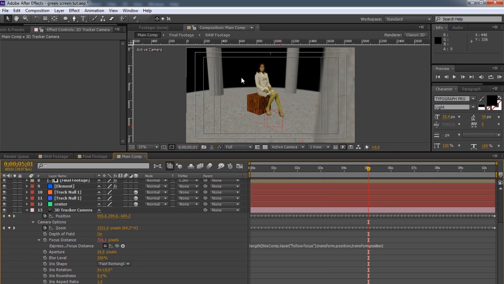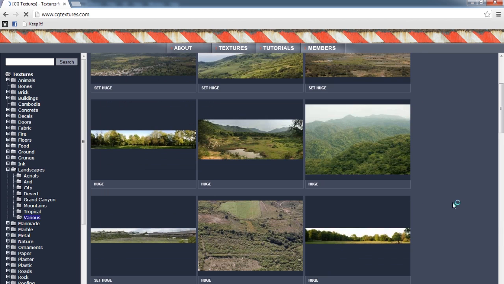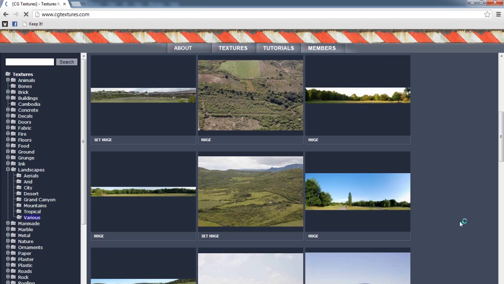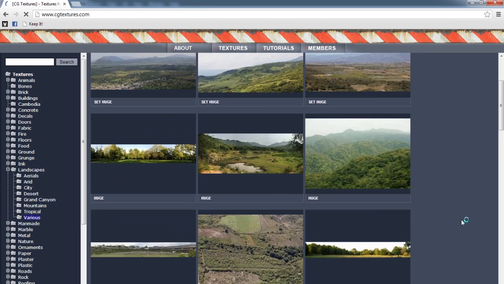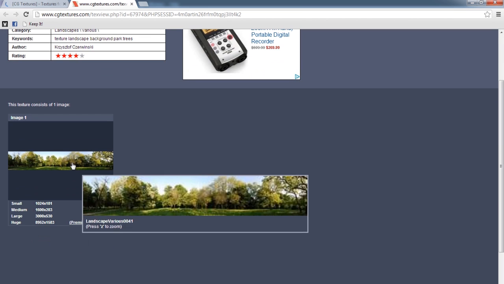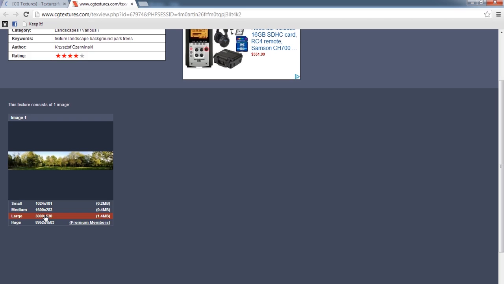Okay, now for the background, or like the forest. So you go to cgtextures.com. You want to go to landscapes and then various. And you really want a landscape that you can see the ground. It's pretty important. Let's do, how's this one look? This one will work right here. Let's download this